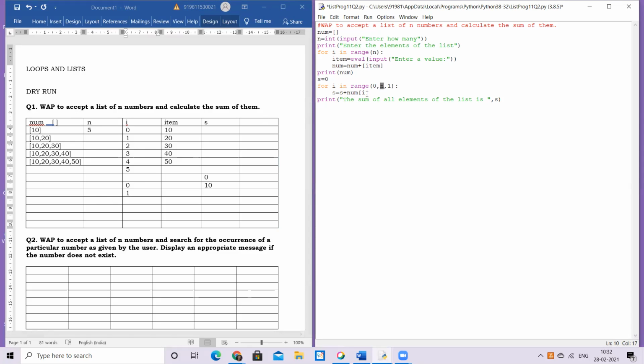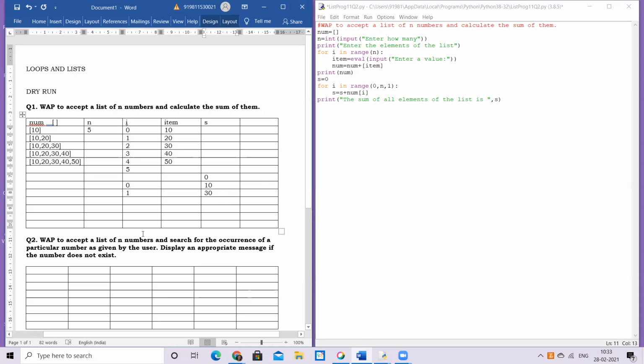So I continue. Now here I come into what? Num of 1. What is the num of 1? Num of 1 is 20. Right? Num, square brackets 1 means first element of num. Now here the concept wise, first element is basically for a naive user is a second element. Okay. So num of 1 will pick up 20. Previous sum is 10. So 10 plus 20 is 30 and stored back into sum 30.